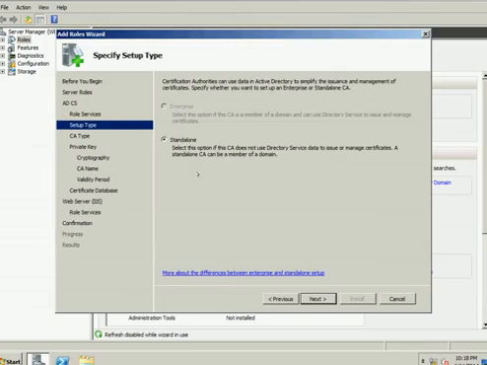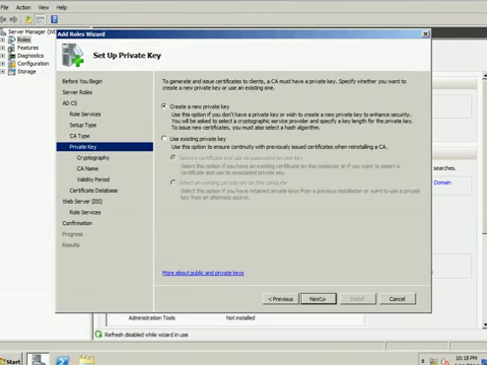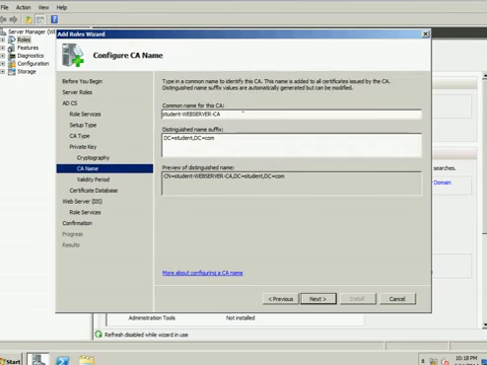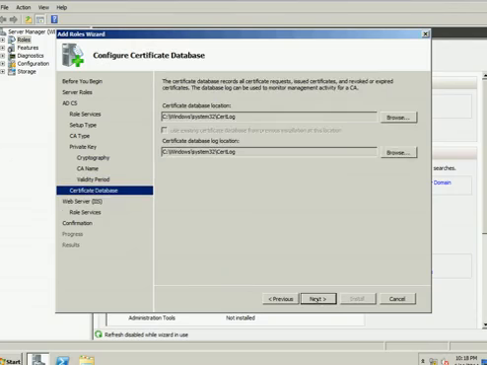And we can just next through that, and we want a standalone CA obviously because we only have one server. And for the same reason, we're going to make this the root certification authority, and we're going to create a new private key, and leave all this cryptographic detail default. We're going to change the common name of our certification authority to root CA, just so it's a little bit easier to remember. And we're going to leave the validity period default,